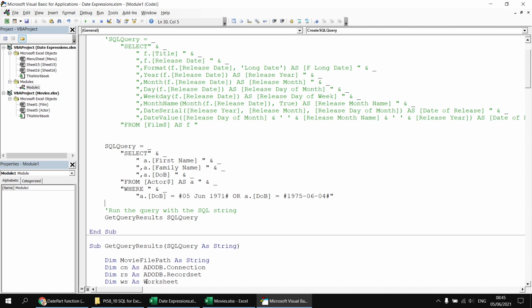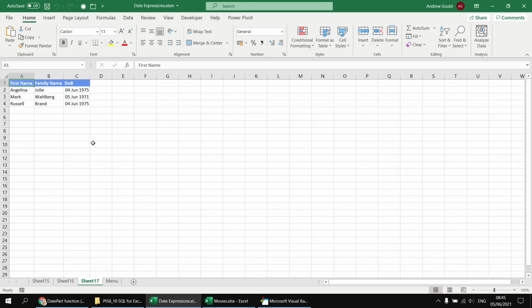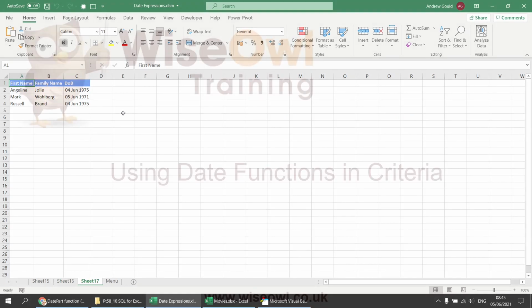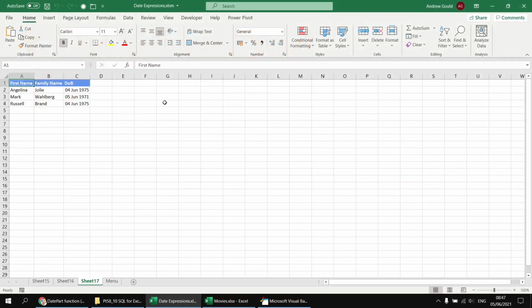So having done that, if I head back to the menu sheet and run that query again, we'll see we get the combination of people born on either of those two different dates. So writing specific dates in a condition is fairly straightforward, but what if we want to do something a little more elaborate? Let's say we want to find any actor in the table born on the 1st of June in any year. To do that, we can calculate whether the actor's date of birth has a month of 6 and